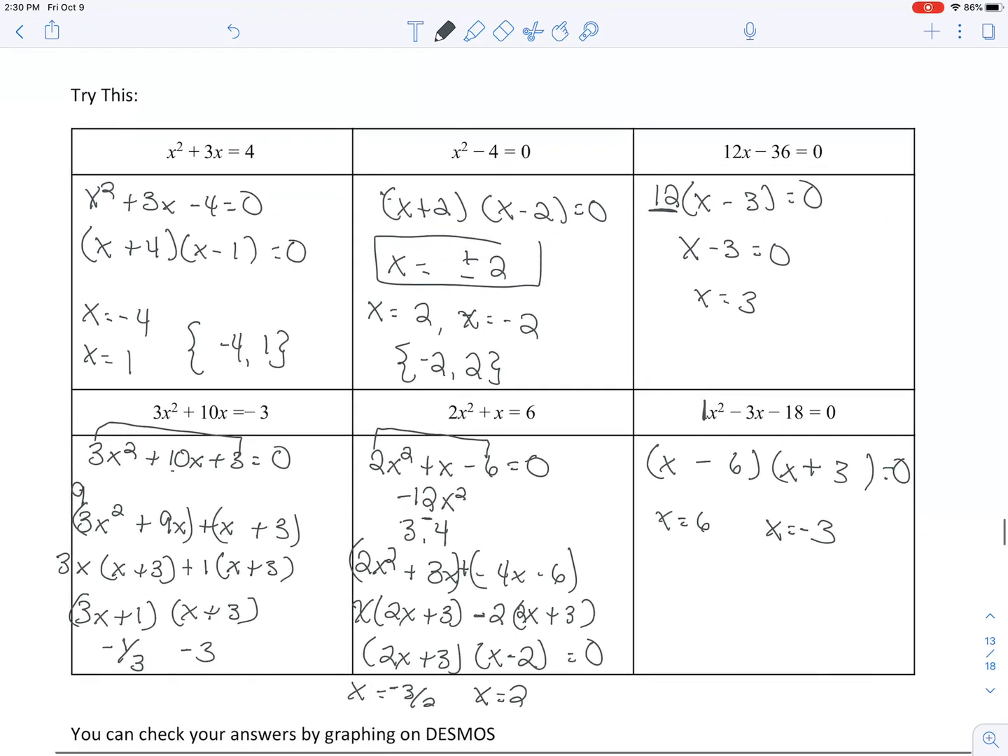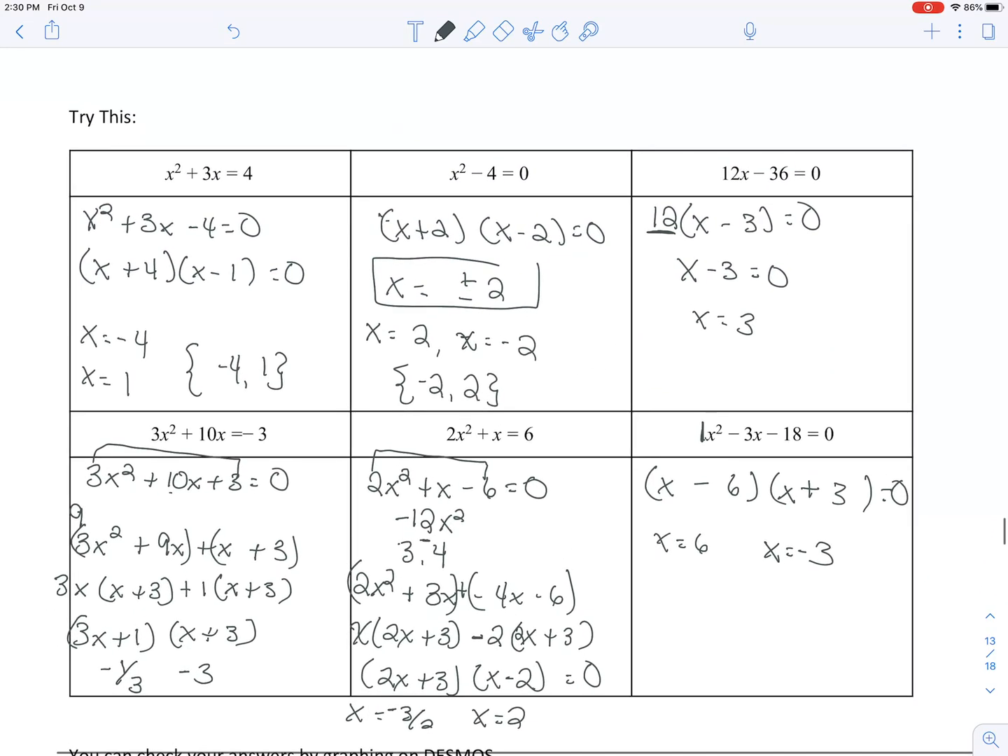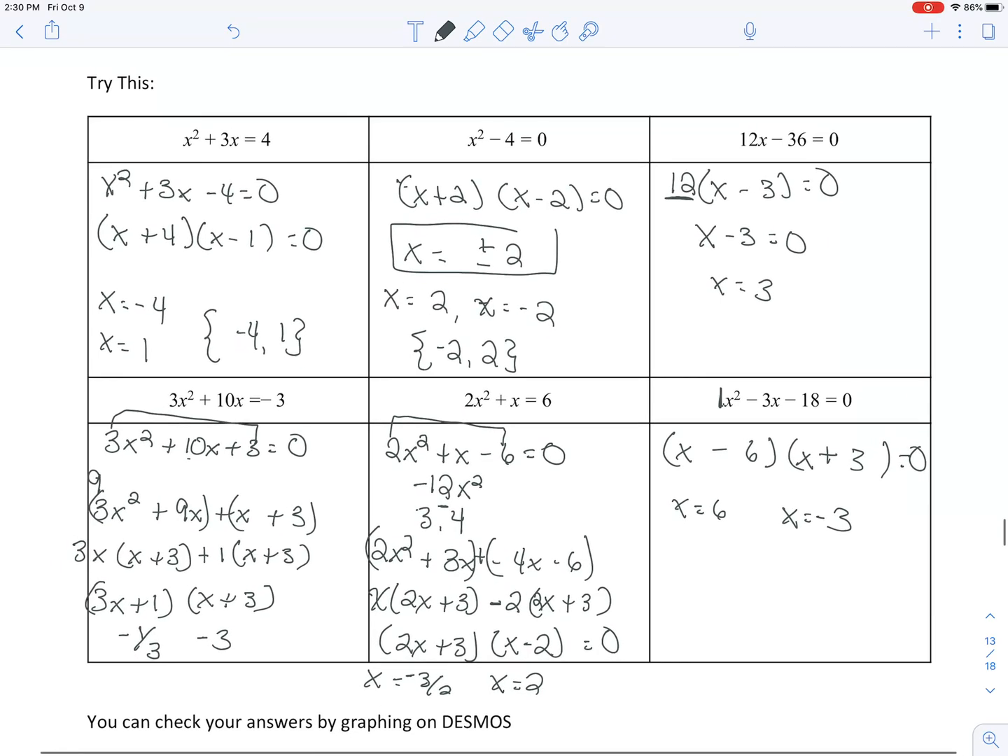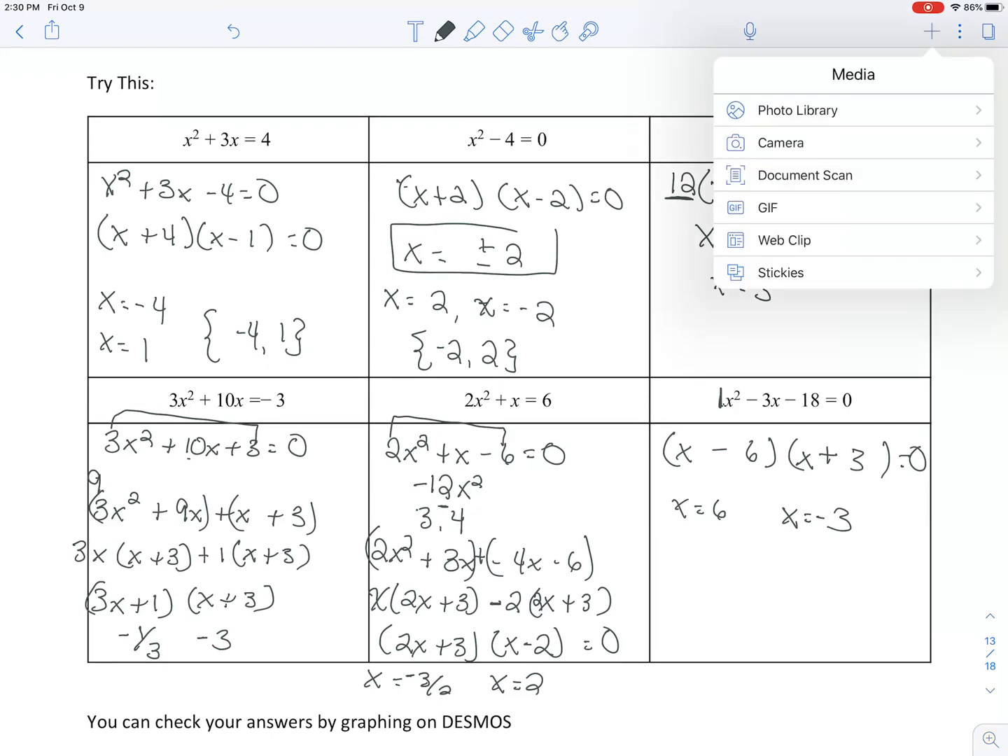All right, that's it for solving by factoring, but I do want you to come back and we're going to check our answers to make sure that we've done this correctly. We're going to check that by using Desmos. So please watch the next video as I show you